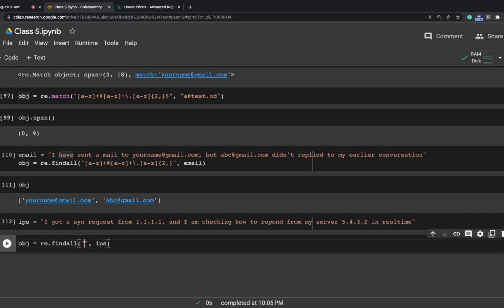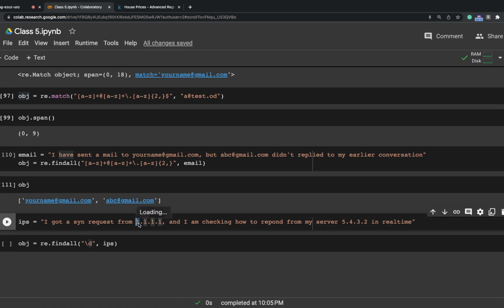Or for digits, you can simply use this backslash d. So this would give you all digits 0 to 10. So how many digits can you get? One or two, four, no. In this single one, four digits are total. No? Let's say if this was like this, 111.111.111, then